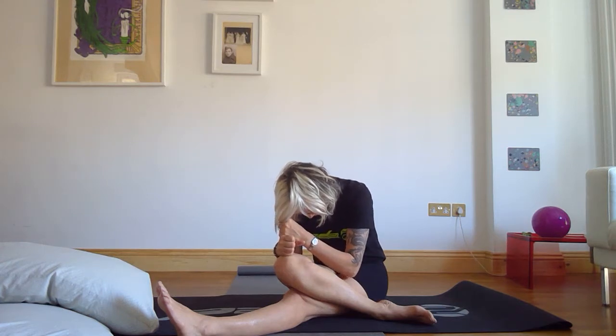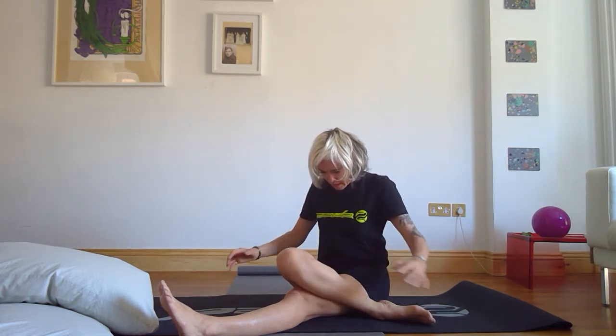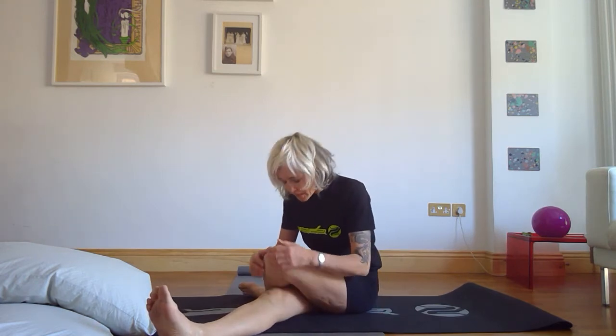Slowly now, bring the chin in, roll up, release your hands, release your legs, and just bring both soles of feet together. Just rock the knees, window wipering over one side onto the other. Let the right leg come down straight, the left leg steps over, the knees stack, and it's the same thing on this side,